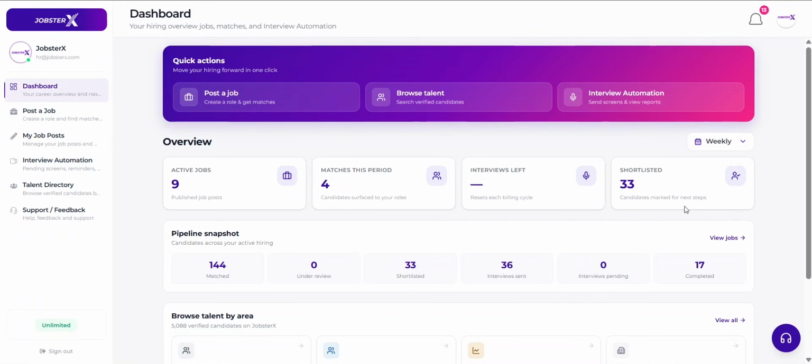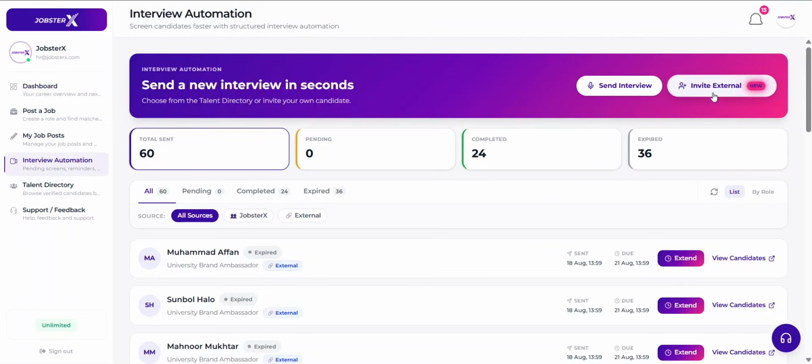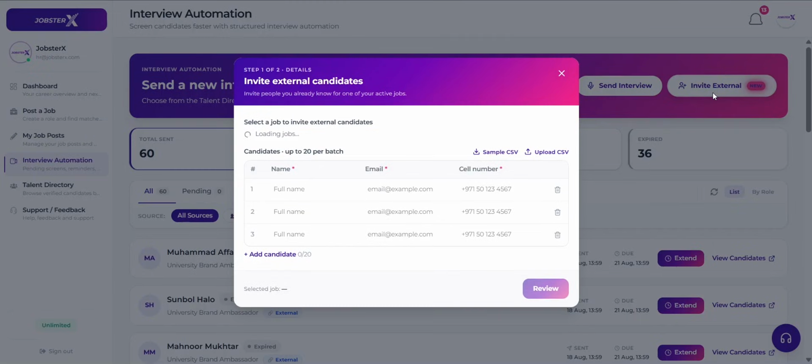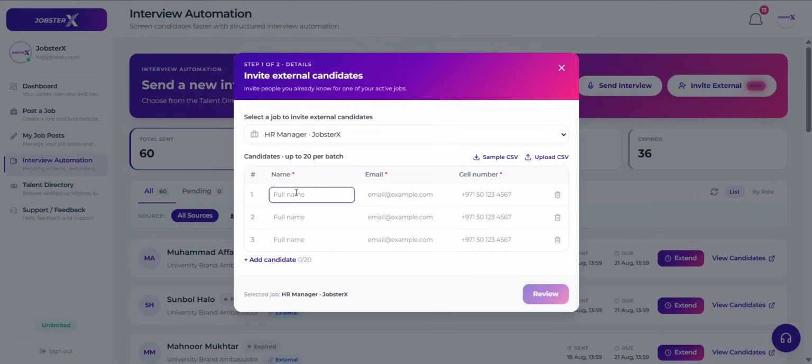So here is what you would be doing. You would be coming to interview automation. You'll be clicking on external interview. Here you would be giving three things you need: name, email ID, cell number. You can add up to 20 candidates at once. You can also upload a CSV file. So here we're gonna say,